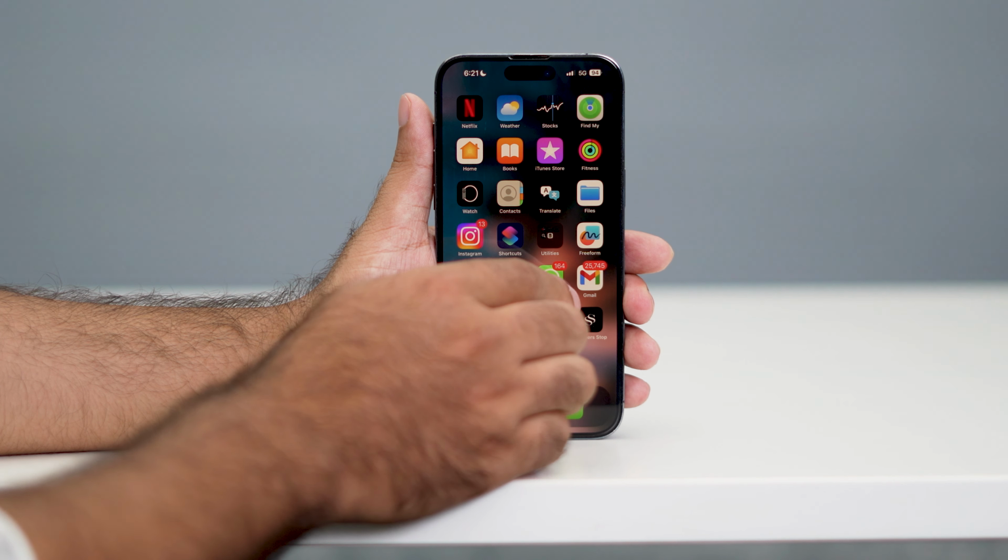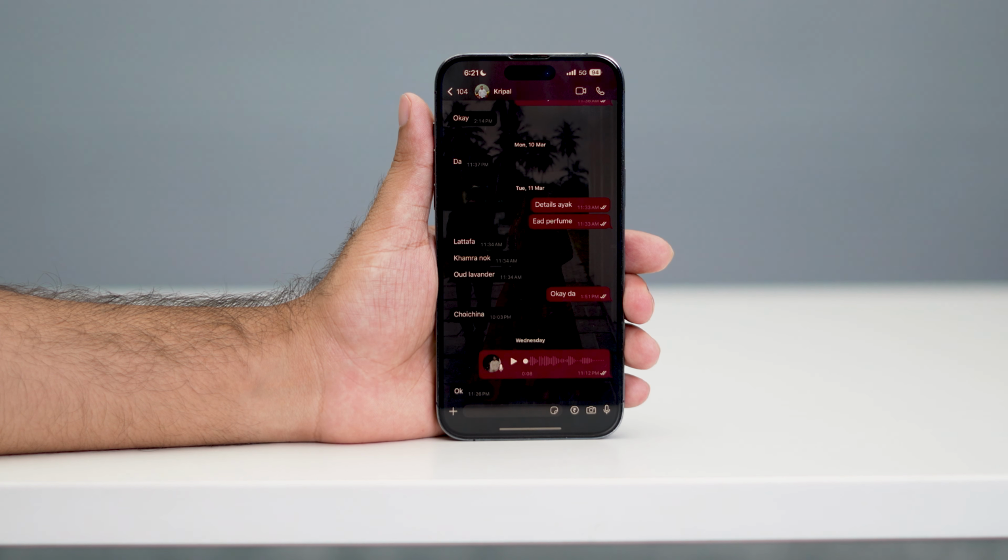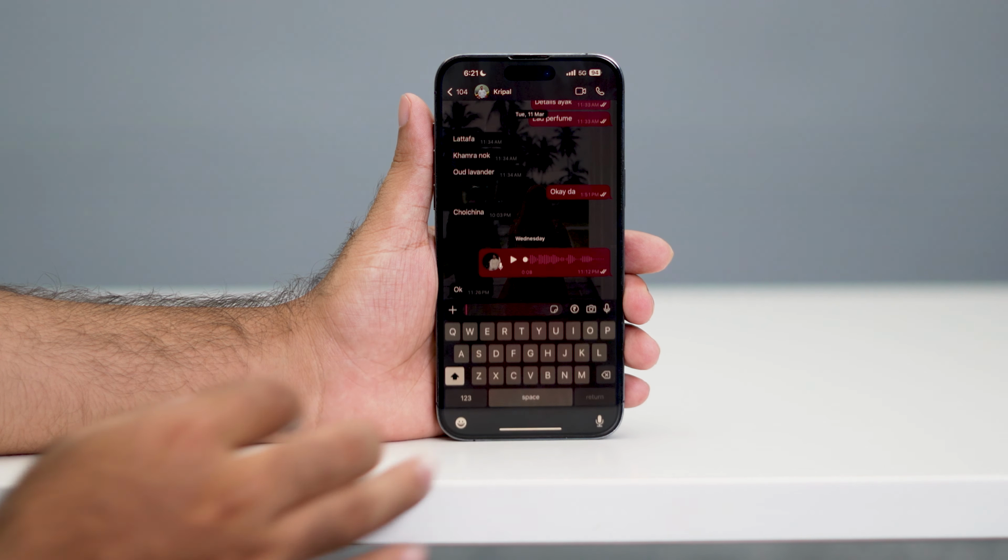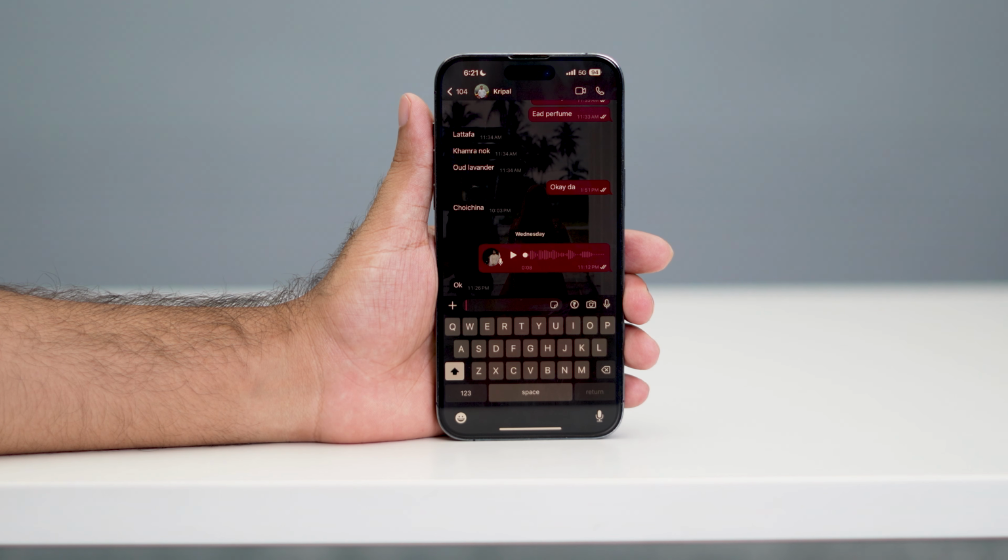So the first one is over here. You just go over here in the WhatsApp right there. What I'm going to do is demonstrate to you while I share my link to one of my friends. So in order to do this, all you have to do is first you need to